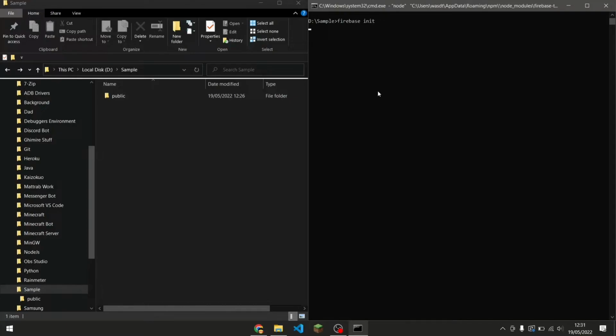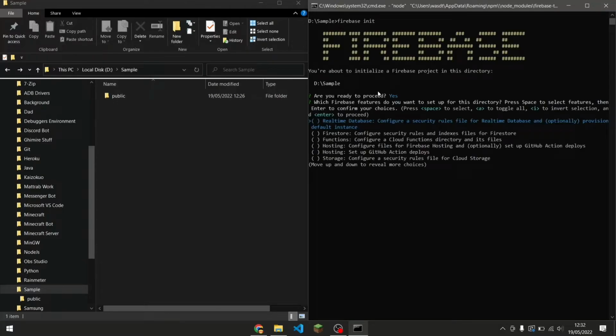Let's just wait, and it's going to initiate all the stuff. It's going to take a little bit of time to do this, but not that long. Okay, it's taking some time. Okay, so now Firebase is initiated. Now what we've got to do now is